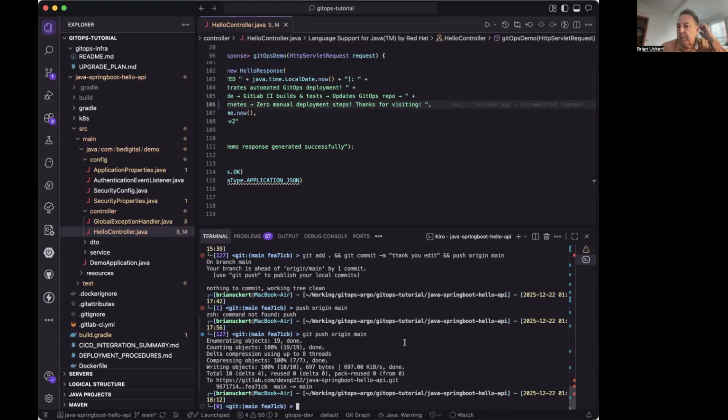Typically, a developer would have a feature branch that was checked out, and they would add, commit and push that feature branch and then merge it to main. But for argument's sake, I'm just using main here where I'm going to do a git add, commit and push. Also, I would be doing a Gradle build and test locally before I pushed it. But for sake of time, I'm going to just do a git add, and I'm going to do a git commit,